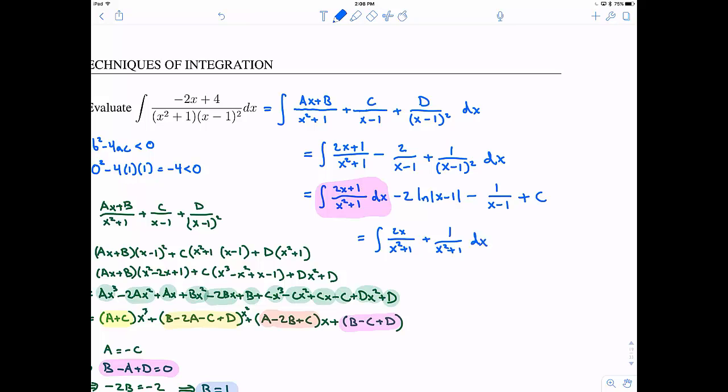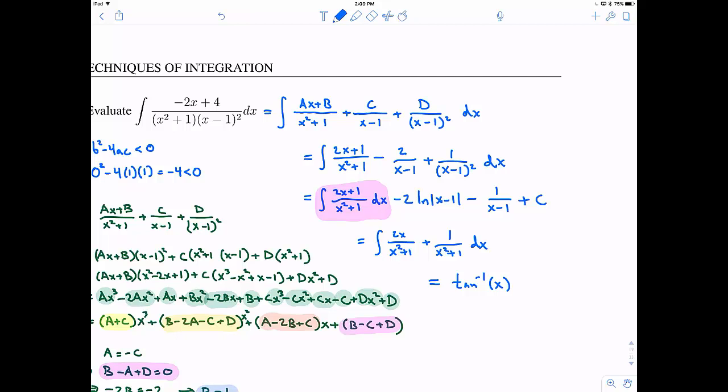So if I split it up like this, the claim is I can integrate these pieces. This second piece, we should recognize as our good old friend, arctangent, or tangent inverse. So I'm going to write tangent inverse of x. And now this first piece, again, stare at it for a little while, but we should think,